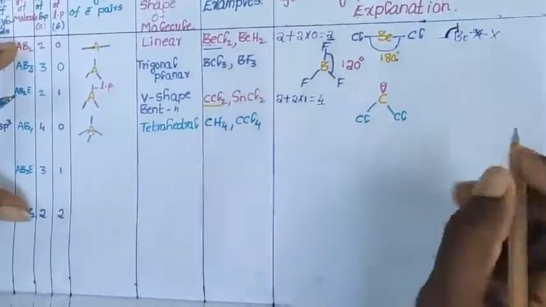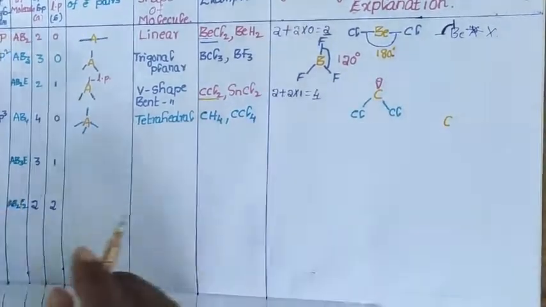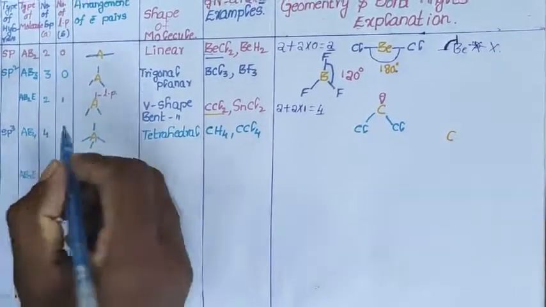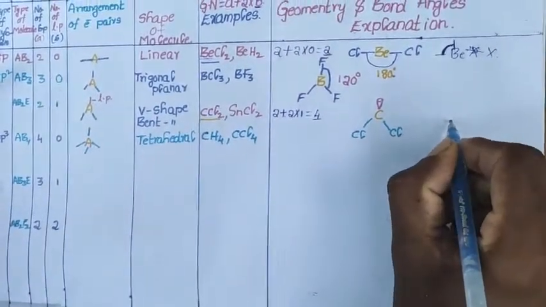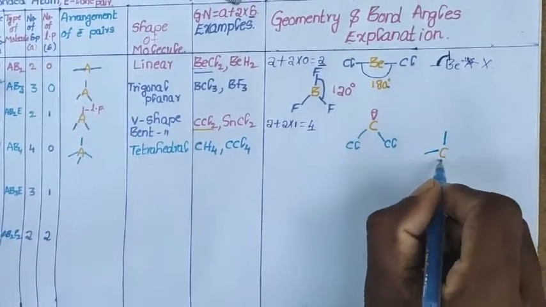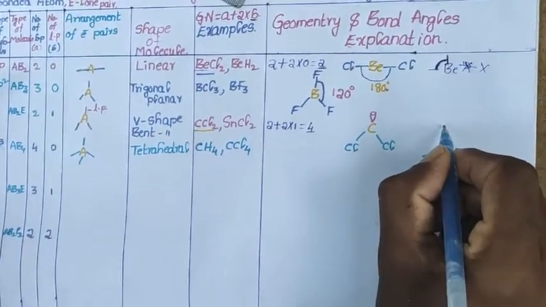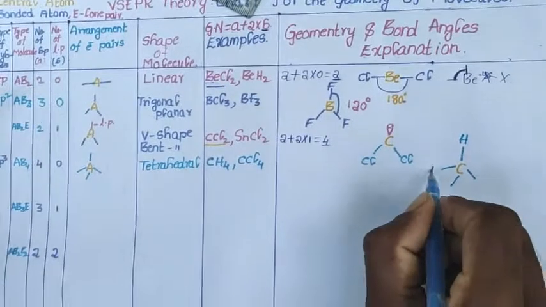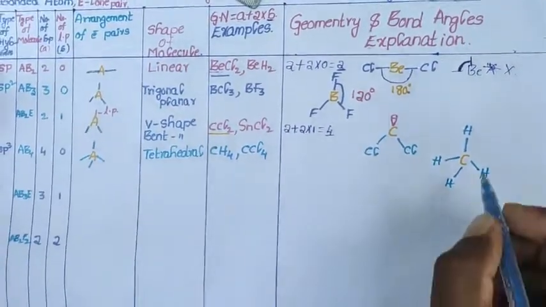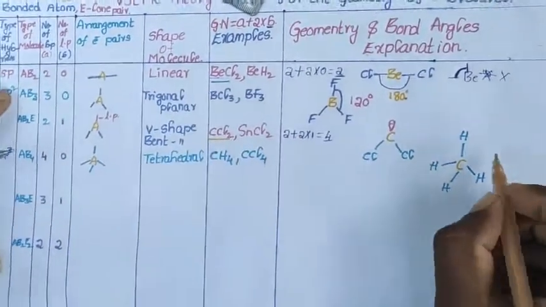What is the central atom? Carbon is the central atom. In total, how many bond pairs are there? 4. Do you have any lone pair in that one? No. So 1, 2, 3 and 4, with hydrogens or Cl4. No problem. This is the structure of the methane molecule. So what is the bond angle?